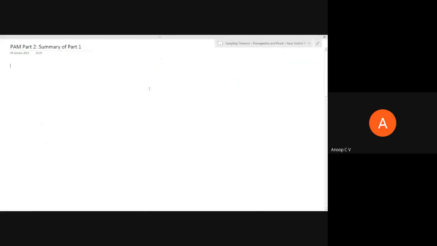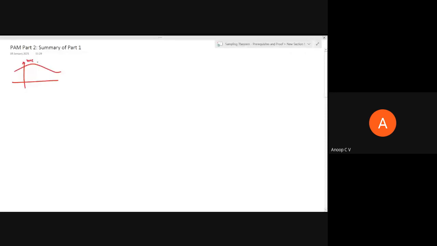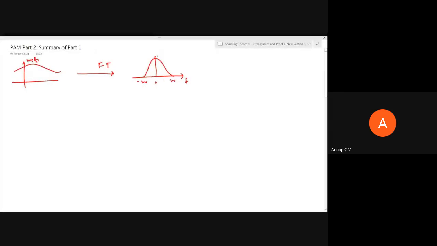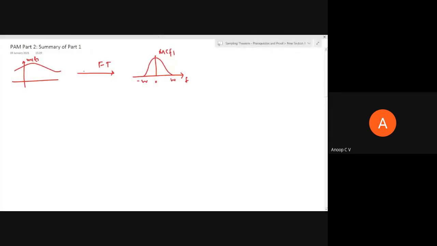So what we have seen is, to obtain a PAM signal, suppose this is our message signal, this is m of t, and its Fourier transform will be something like this. It spans from minus W to W. Sorry, this is M of f and this is m of t. This is the zero time instant and this is the zero frequency instant.